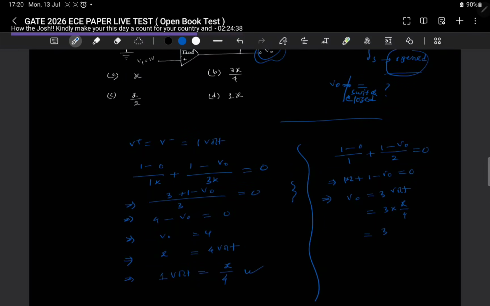So X by 4, if we write, it is 3 by 4 X. It is matching with option B. Okay,